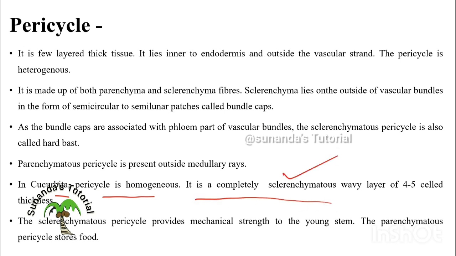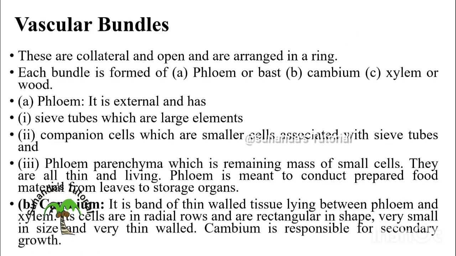It is a completely sclerenchymatous wavy layer. They do not have any parenchymatous pericycle. And sclerenchymatous pericycle provides mechanical strength to the young stem, and parenchymatous pericycle helps to store food. Okay. Next, inner to the pericycle layer, as I have already told you, vascular bundles are present which are collateral